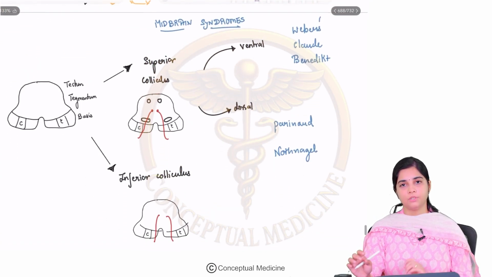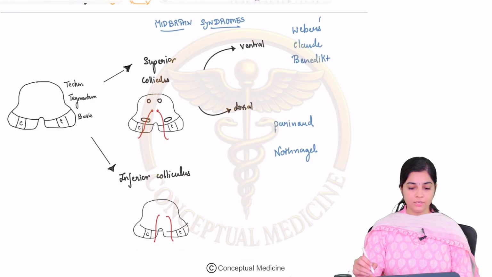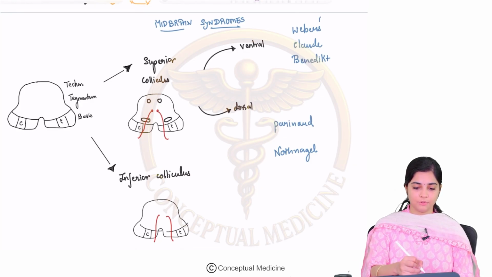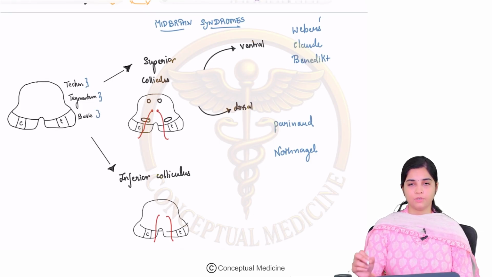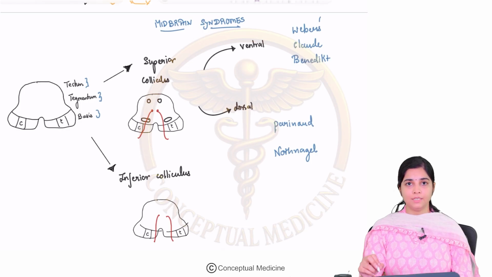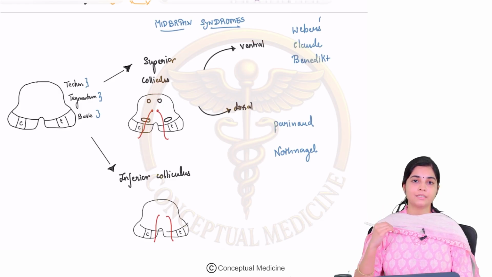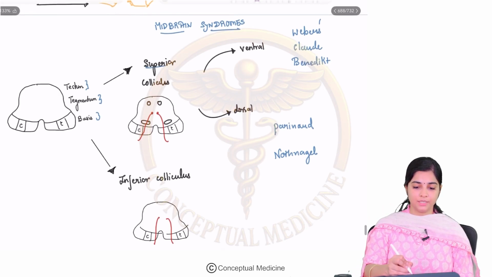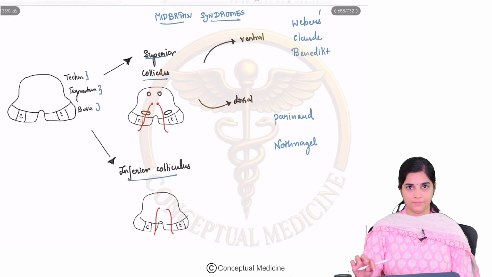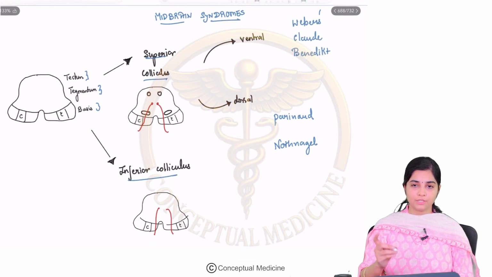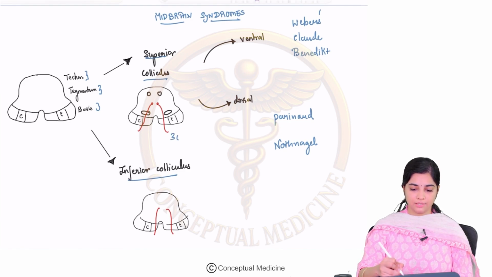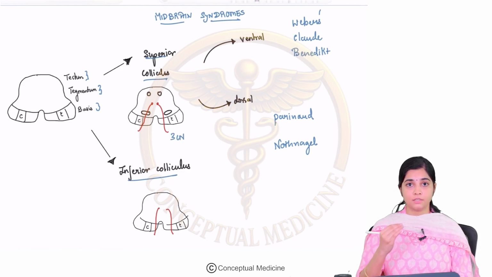Now let us move on to your midbrain syndromes. The midbrain comprises the tectum, the tegmentum, and the basis pontis. The midbrain is usually visualized at two levels, at the level of the superior colliculus and the inferior colliculus. At the level of the superior colliculus, which cranial nerve comes out? It is your third cranial nerve. At the level of the inferior colliculus, the nerve which comes from the posterior aspect is your